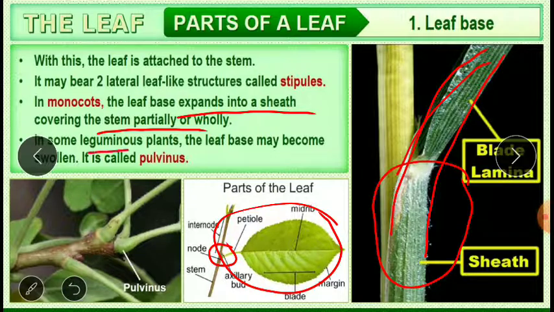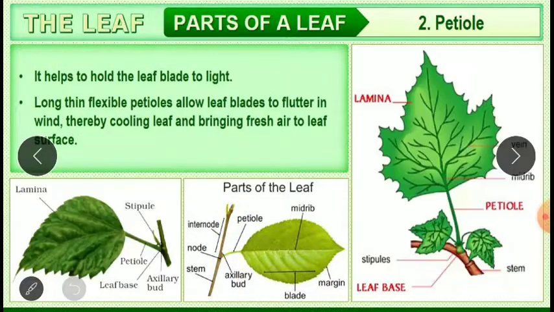Also in some leguminous plants, for example your pea plant or any of your pulse plants, that is your moong dal, tur dal, or your pea, which is nothing but your green vatane, what we call. So in those plants called the leguminous plants, the leaf base may become somewhat swollen. So a swelling type of thing can be found. This type of swelling is going to be called the pulvinus. So pulvinus is a swollen region in the leaf base found in the leguminous plants.